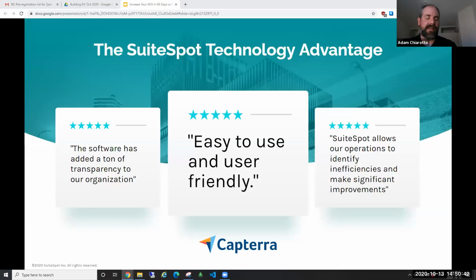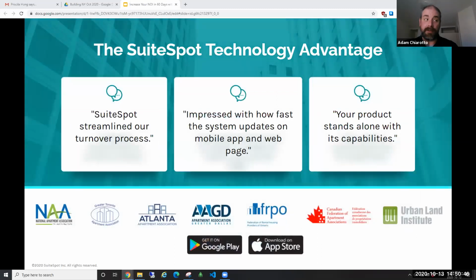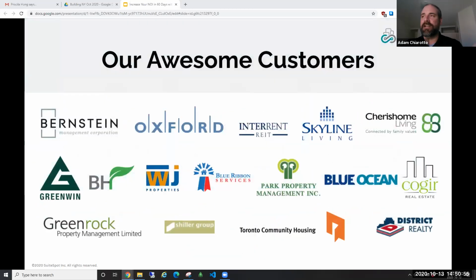Our customers love it. Like I said, even if they're skeptical at the beginning, after a couple months of use, they really start to see the benefit. And with everybody that's used the application up until this point, we really haven't had a lot of negative feedback. And when they do have an opportunity to give us some sort of negative feedback, we make sure to fill that hole, let's say, for the benefit of everybody else.